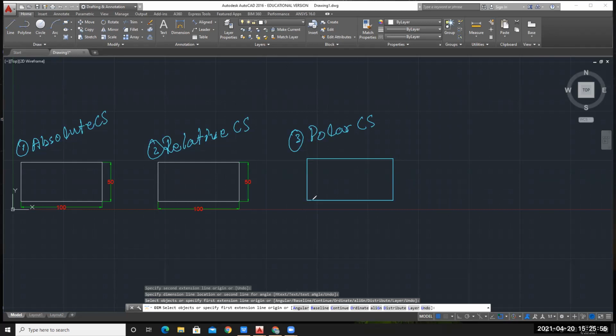Now, as you all know, how to write the coordinate values in absolute and how to write the coordinate values in relative. Now, coming to your polar coordinate system. If you have studied coordinate geometry, suppose this is your coordinate axis X and this is your Y. In Cartesian coordinate system, we keep X and Y. In polar coordinate system, what we keep, let me write here.